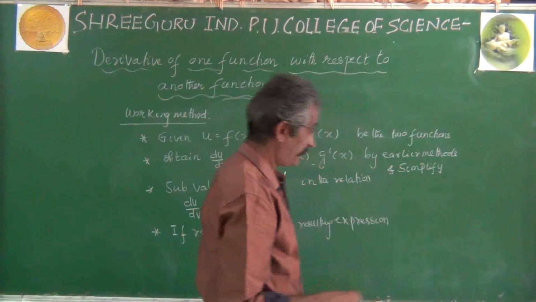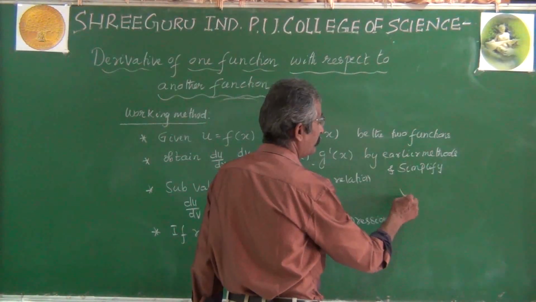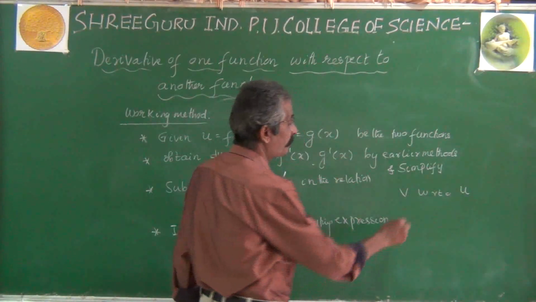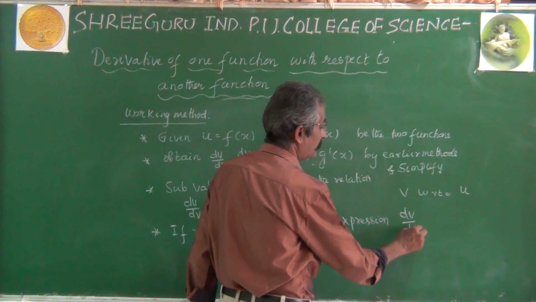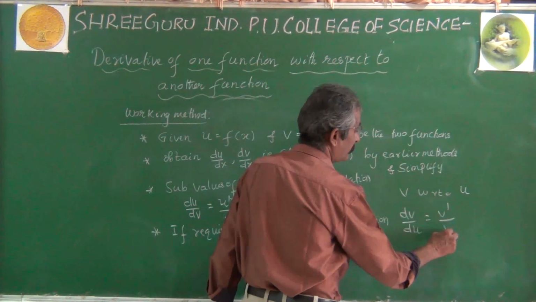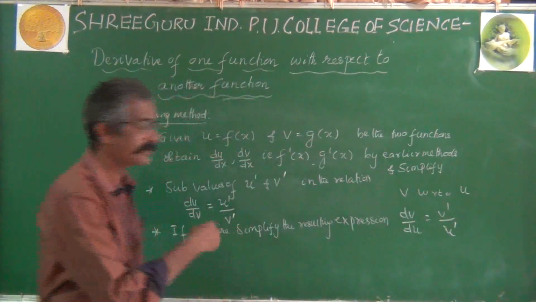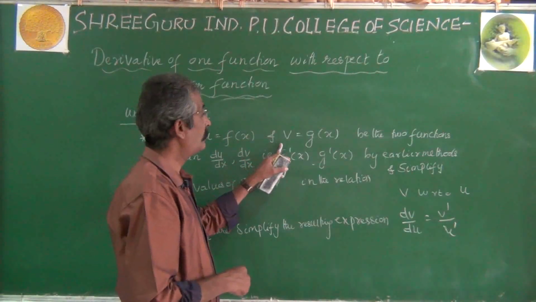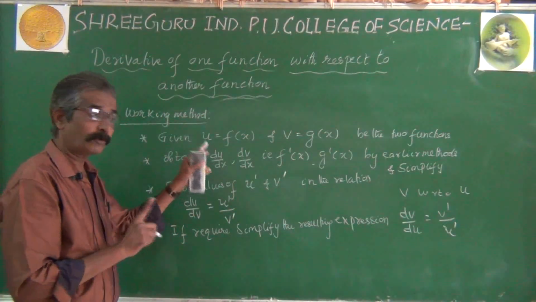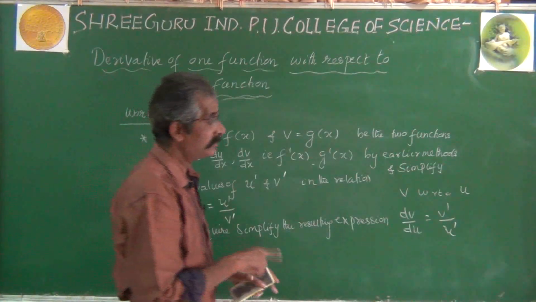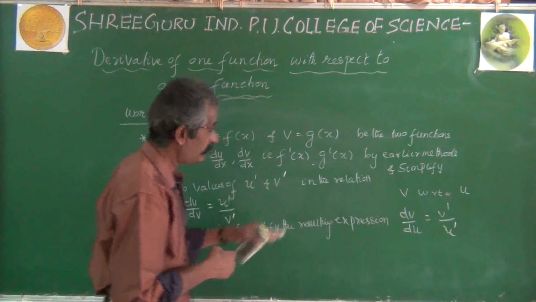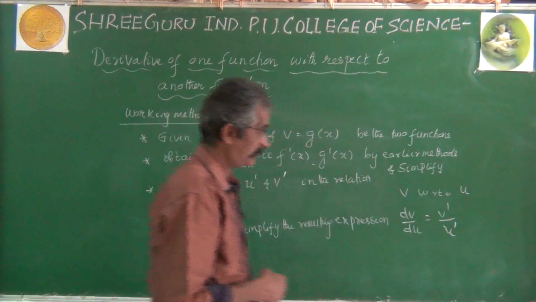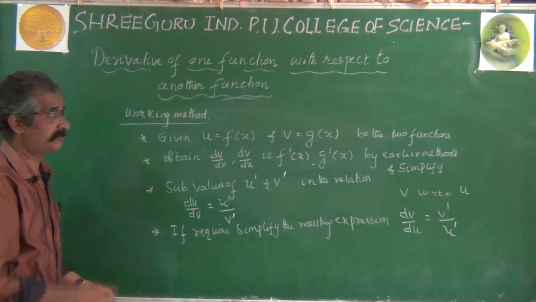And it is quite obvious that suppose we want to find differentiation of v with respect to u, means we need to find dv by du. In this case, formula is v dash divided by u dash, which is a quite similar concept. So it may be derivative of u with respect to v or derivative of v with respect to u. For both, concept is same, only formula is somewhat reverse. For earlier one, u dash by v dash. For this present one, v dash by u dash. Now let's have problems on this concept.